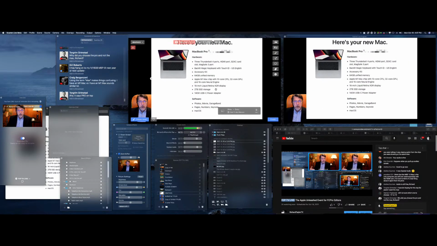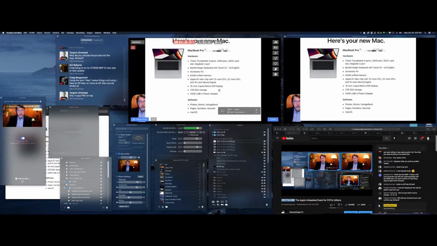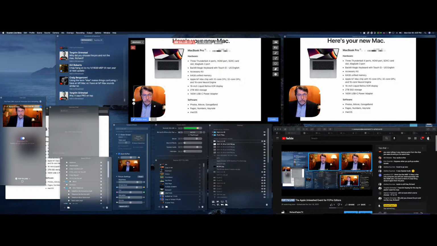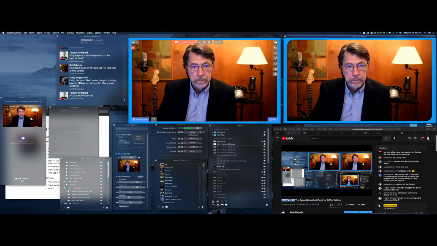The new one says 140 watt, but tell me what's going on here. I thought that the new ones require less power, right? The M1 chips require less power. So why is it a 140 watt USB-C power adapter? I thought it would be less, considering that it's supposed to be more efficient. At least maybe I'm misunderstanding something. I'm not sure.